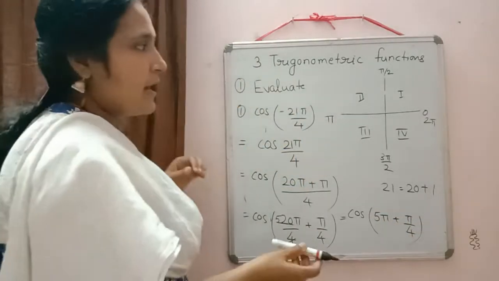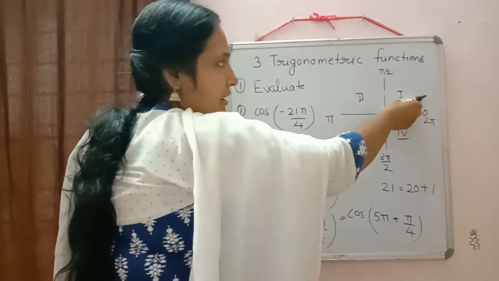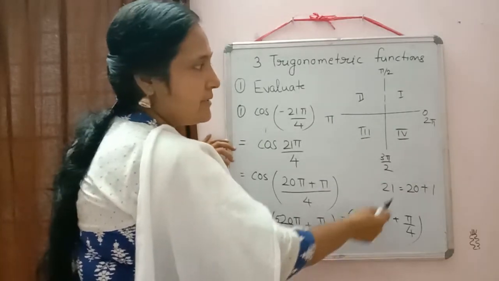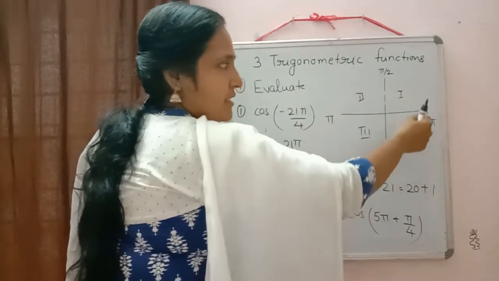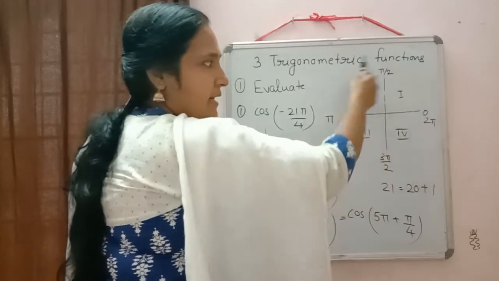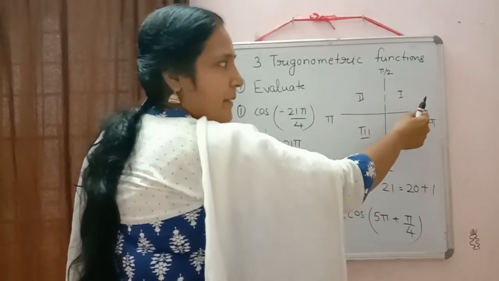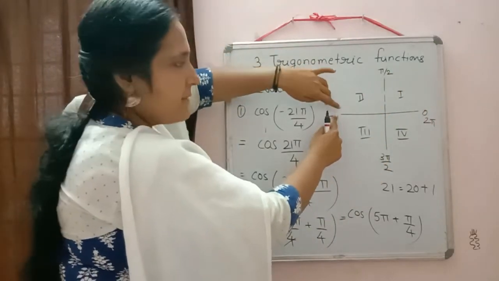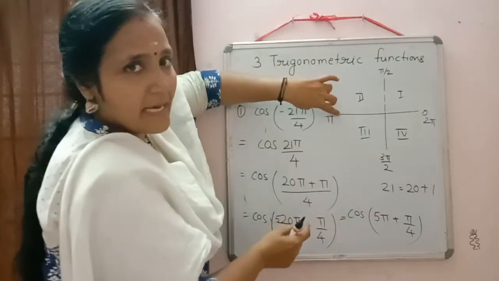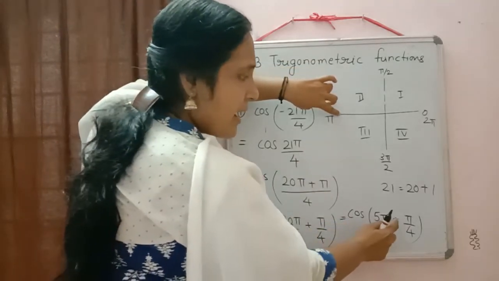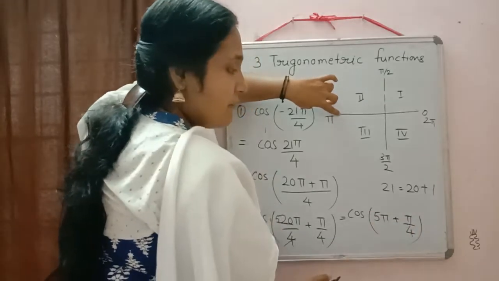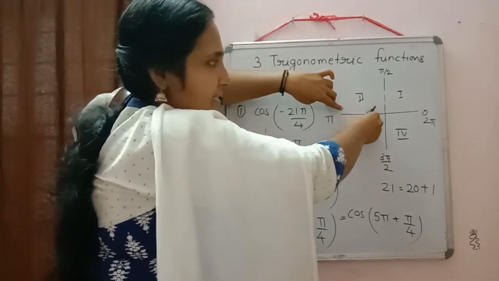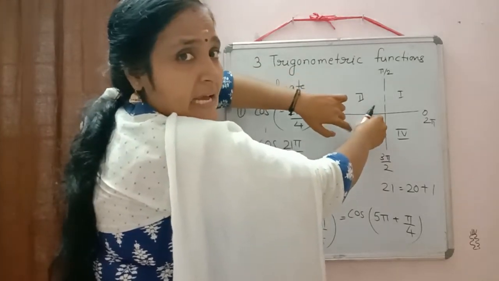Always when we are moving, we are moving in this direction only. Now to check, 5 pi we have. When the first round is completed, you are at 2 pi. Then for the second round we will be at 4 pi. Then 4 pi plus pi will be equal to 5 pi. 5 pi means at present we are here. After that, something is added to 5 pi. Something is added means we go in this way, so we will reach here. In which quadrant? We will reach the third quadrant.